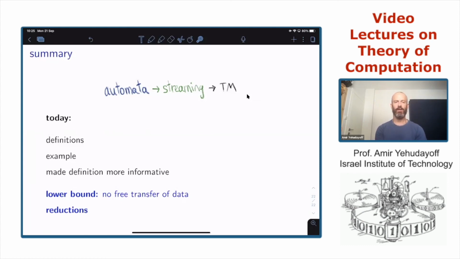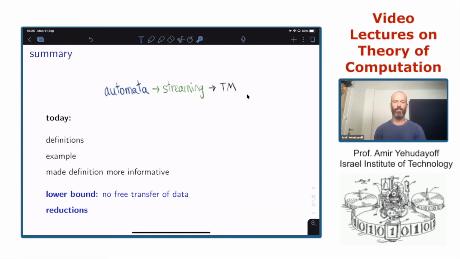We saw that the first take on the definitions was not informative enough. The answer could be more meaningful. So we changed the model slightly. We added some more data to the definitions.